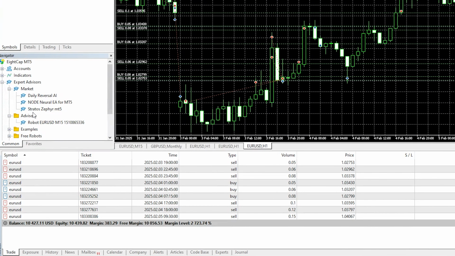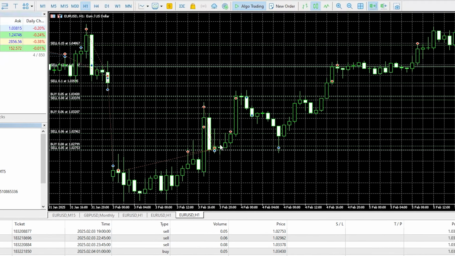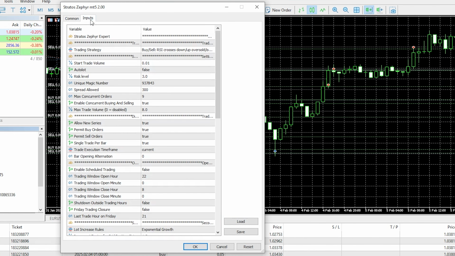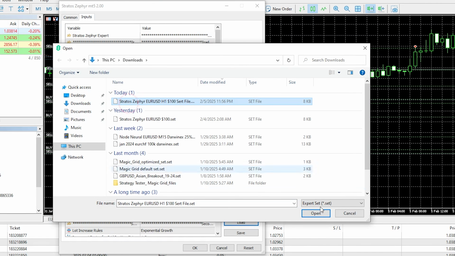And then what I'm going to do is I'm going to take the Stratus Zephyr from my list. I did download it from the MQL5 marketplace, and I've shown you how to do that in other videos. So from there, I'm just going to drag and drop it onto the chart. You'll see that it opens up. We're going to go to inputs. Here I'm going to select load, and then I'm going to select the set file that I created, and I will include the set file for you in the download of the EA as well,